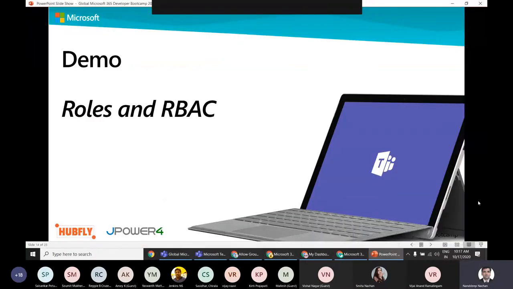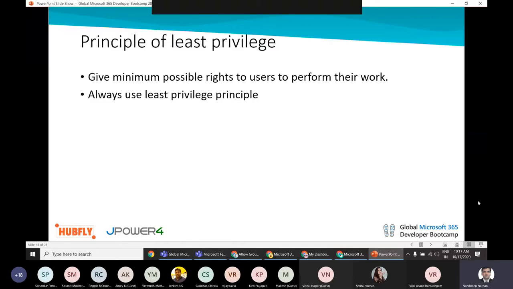Okay, so next we'll see what is meant by the principle of least privilege. That means we should give the minimum possible rights to the user so that they can perform their task. Let's say, for example, you have been tasked with giving SharePoint administrator rights to a user.